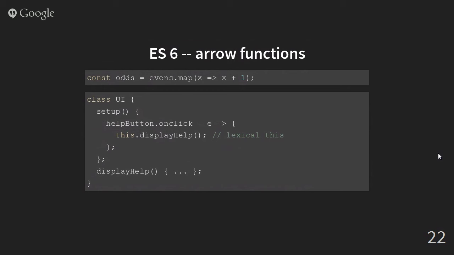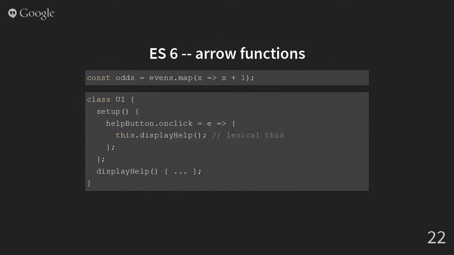You just use x arrow x plus 1 and see how it's kind of Scala-ish in the sense that the result of that function is implicit for an arrow function. So if you don't have a full block of code for an arrow function, it implicitly means I'm returning x plus 1 here. And in a class, you also have an arrow function here, and here I can just use this, because in an arrow function, this is lexically bound to the immediately enclosed function, which here would be the method setup, and